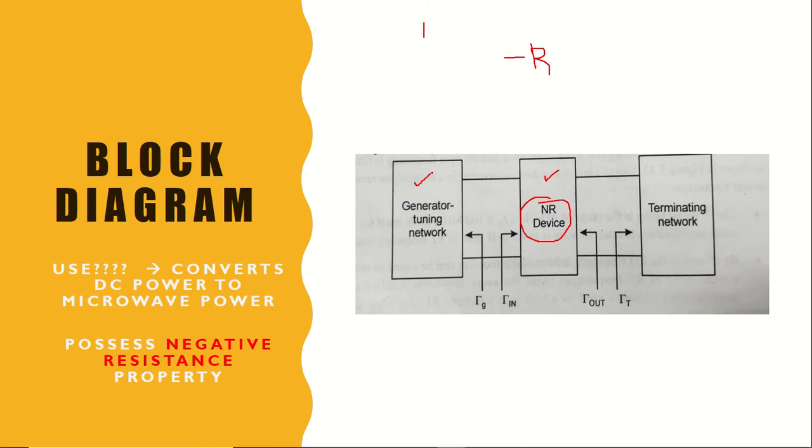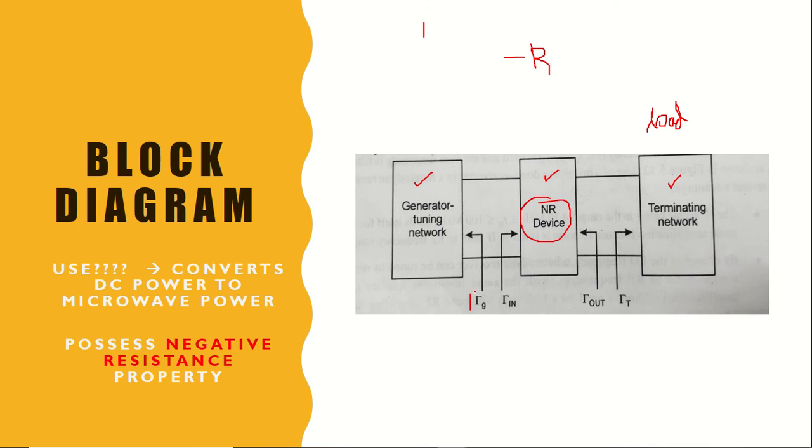Coming to the generator or tuning network, this is where oscillations are produced. This helps us to tune the oscillations to the required level that we want. And the terminating network is used for loading. So I hope that you remember what we studied about loading in the initial units. Loading is a process we do to achieve a distortionless condition, which means I want the oscillations without any external noises. So to ensure proper oscillations, we have a terminating network which is a proper loaded one.